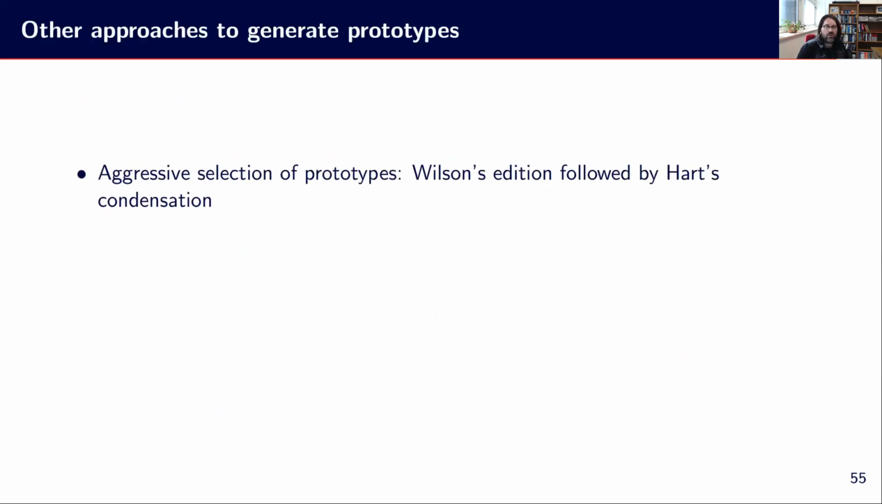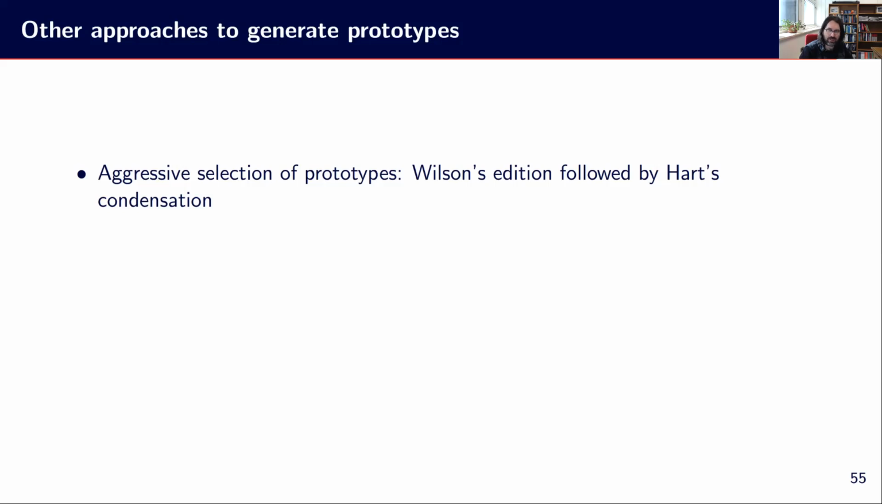We can even do more than this. We can combine these two together. So we can make what we call some kind of aggressive selection of prototypes. We can use Wilson editing followed by Hart condensation. So at first, we are removing the noisy